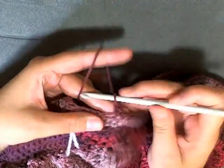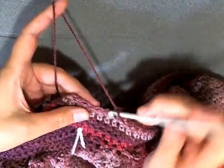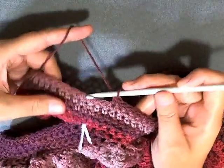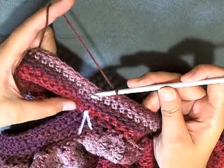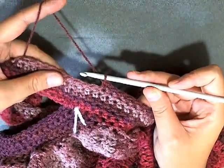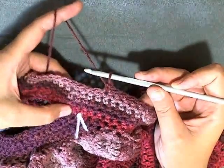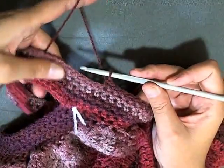Just finishing my last stitches here. Okay, our beginning of our 6 rows started here. So I'm just going to go ahead and end. These are my last 2 stitches here. That would bring me up to where my